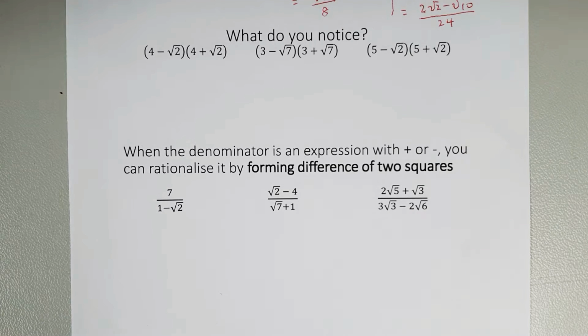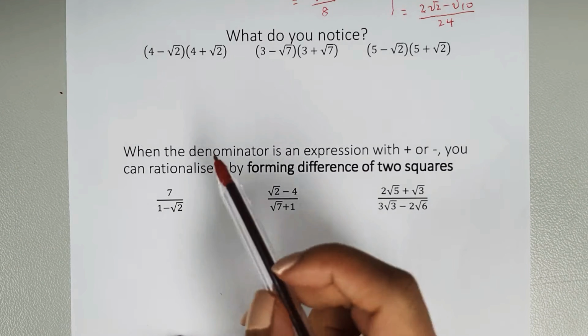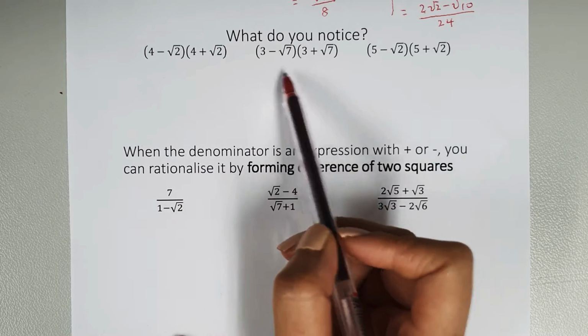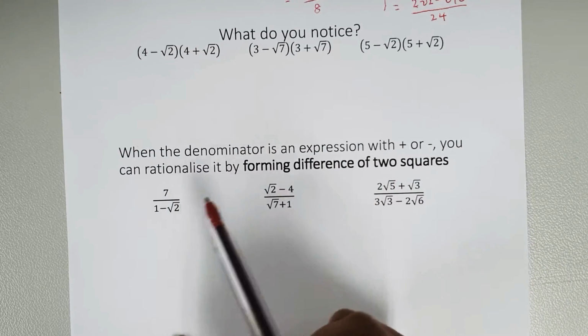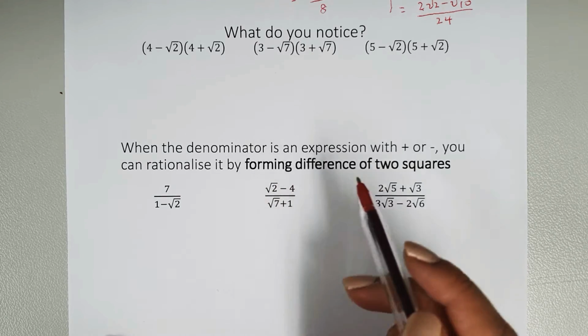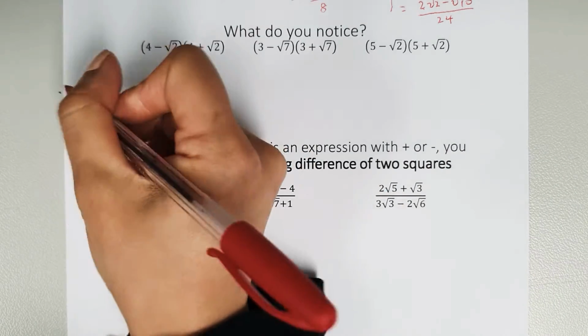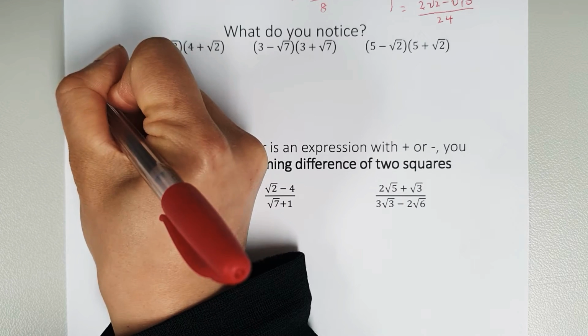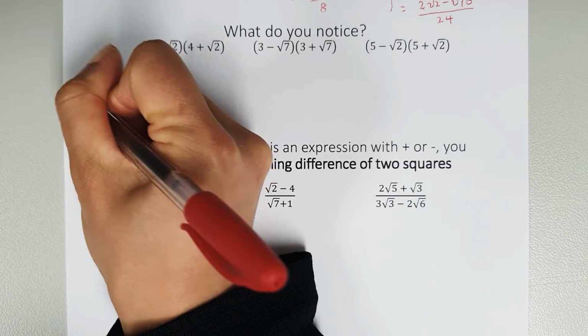So now let's look at some more advanced types of rationalizing the denominator. So let's begin with what you notice up here, and if you can see any pattern. If you look closely, you will hopefully identify that this is the difference of two squares. And if you can remember, the difference of two squares, a minus b